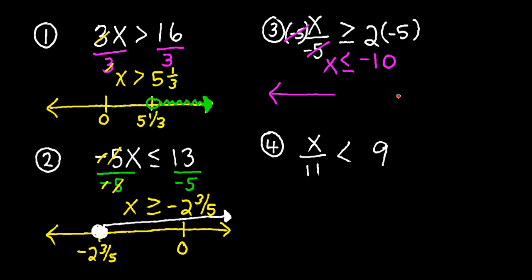Now to graph this, at a minimum I need my 0 and my -10. And I'm going to use a solid circle. And it's less than, so I'm going to go this way. And I'm going to make sure and put a little arrowhead there. And I think we might have time for one more. This is division